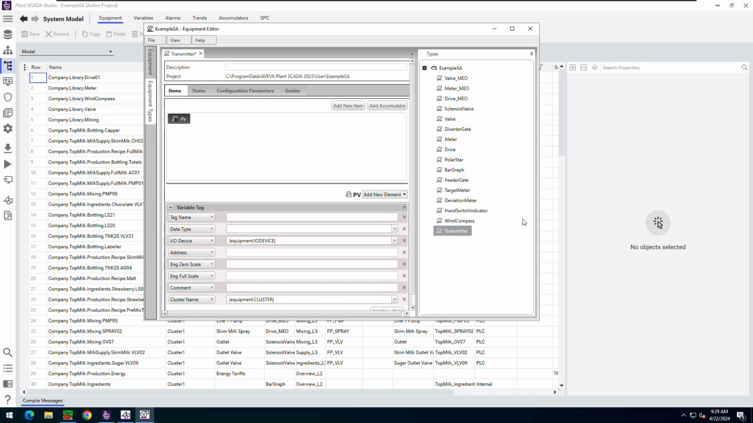Observe the variable tag fields that appear on the bottom of the transmitter form. Standard parameters populate some of these fields already. These are the name of the I/O device and the cluster name. The values added in these fields will be used as a template for creating new transmitters in the project. Since the name of the variable tag